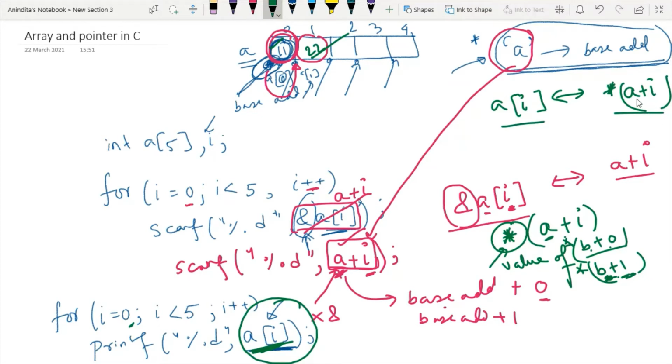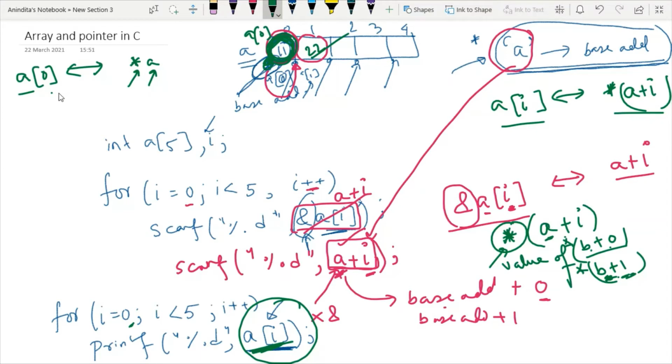So here my conclusion is, whenever I write a of 0, meaning the first content that I want to print, the equivalent notation of this is *a, means value of the base address. The value of the base address, meaning this is the base address and the value at the base address is 11.